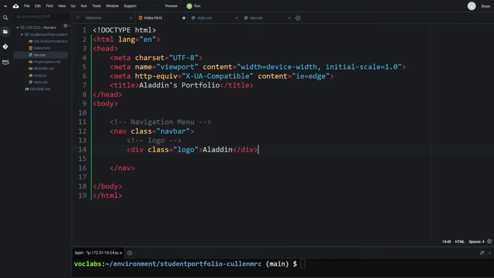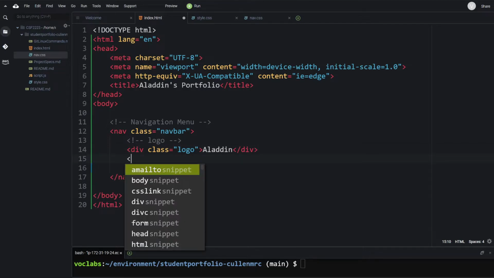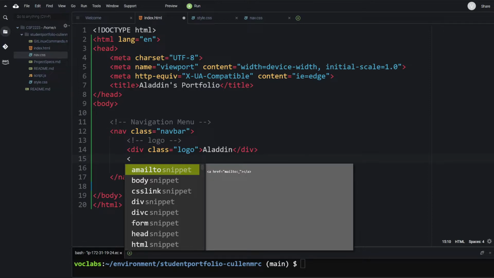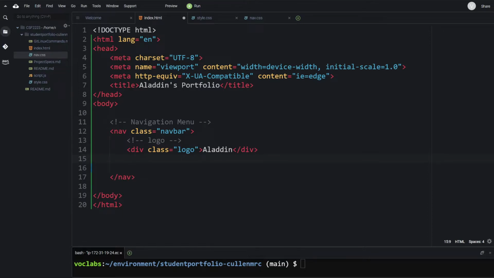Next, we want another comment. Well, actually, I've already got it in the clipboard. So I'm going to type in hamburger toggle, and the structure underneath here is going to be just for that toggle, and we're going to open it up with a link,